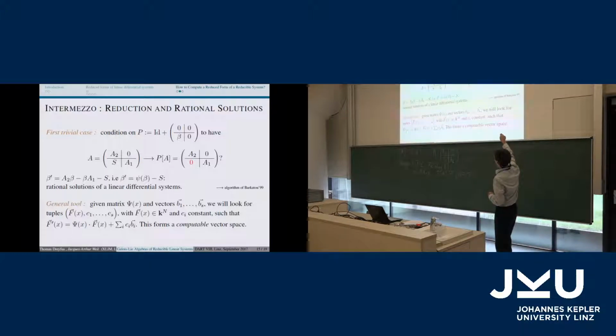So again, you take it of the form identity plus 0, 0, 0, beta. And again, it's a calculation you can do. You can compute these things and try to see what are the conditions on beta so that this is sent to there. And the condition is here. You have beta prime equals some linear expression in beta plus the right-hand side. So deciding if I can remove this part under the diagonal essentially means finding a rational solution to an inhomogeneous